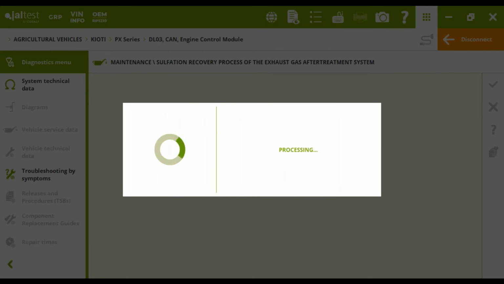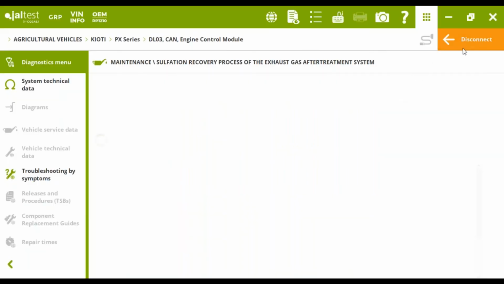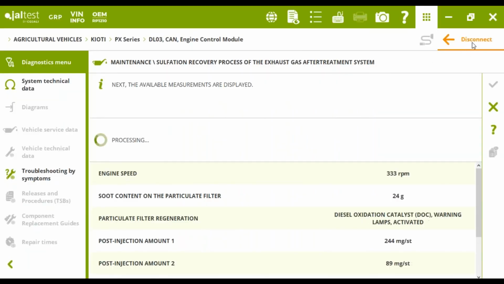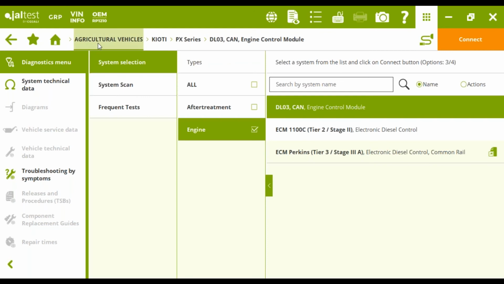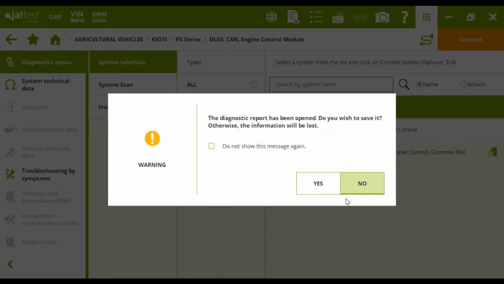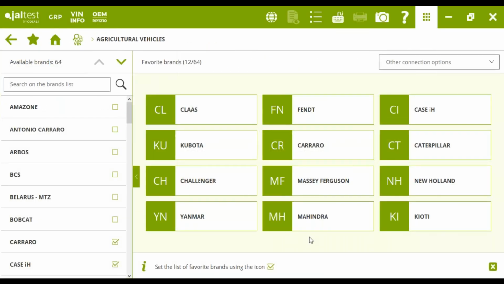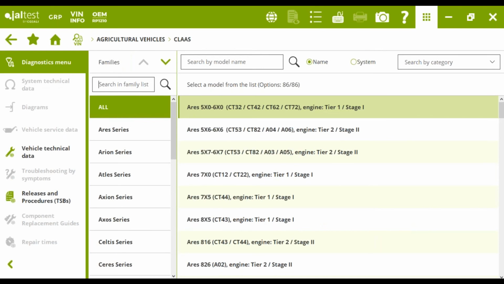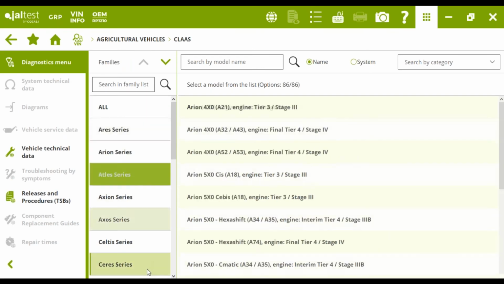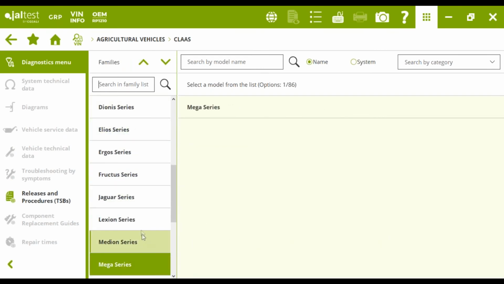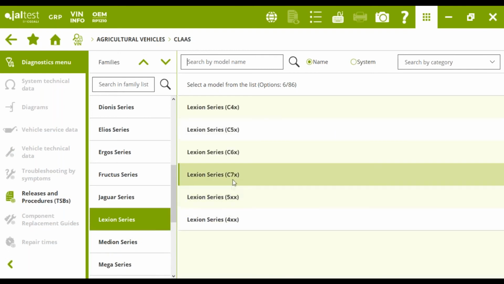This was with Doosan, and let's move to one more brand before moving to different systems and the engines. In this case, let's go to Claas, another important tractor manufacturer, especially in some areas of the United States and Canada. So let's go now to Claas, and let's select now the Lexion series, for instance,